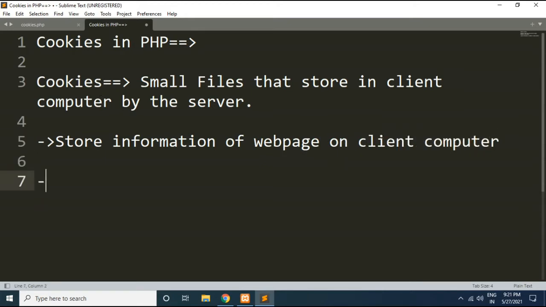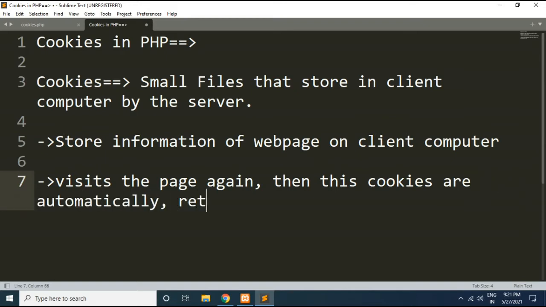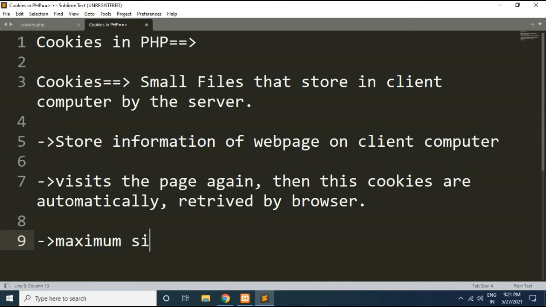When the same user visits the page again, these cookies are automatically retrieved by the browser.